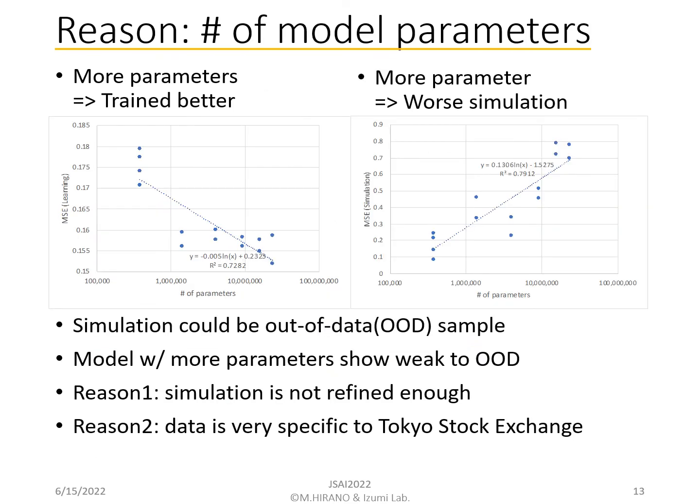According to our additional analysis, we found that the number of parameters in the deep learning model is the key to the reverse relationship between the learning performance and the simulation performance. It means that when there are more parameters in the deep learning model, the model can be trained better. On the other hand, when there are more parameters in the deep learning model, simulation performance gets worse. We assume the reason